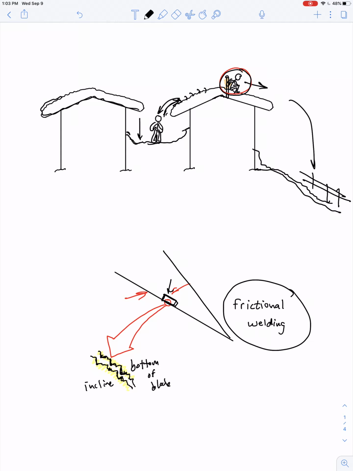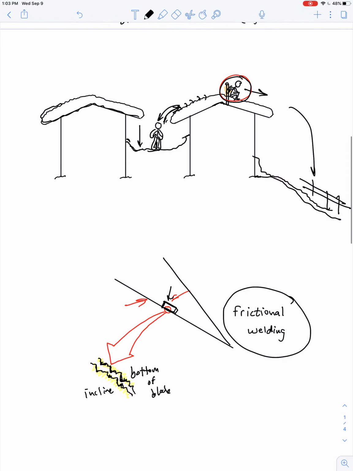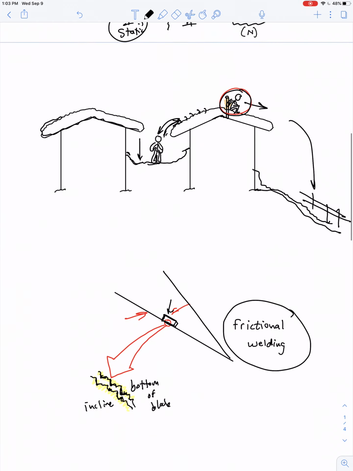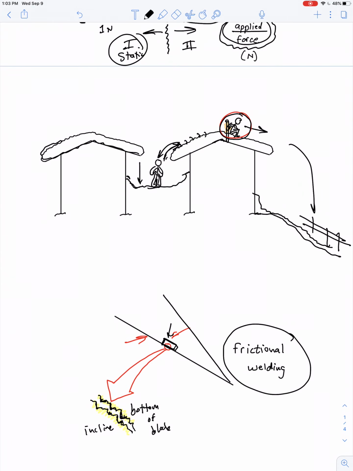Well, I didn't realize that static friction is always stronger than kinetic friction. I didn't realize that the maximum value of friction in the static range has a peak value that's always a little bit greater than the constant value of kinetic friction. So what did I do? Well, thinking I was now safe, that somehow there was enough friction to keep me from sliding, I let go of the pipe,